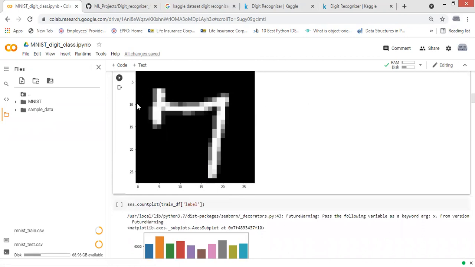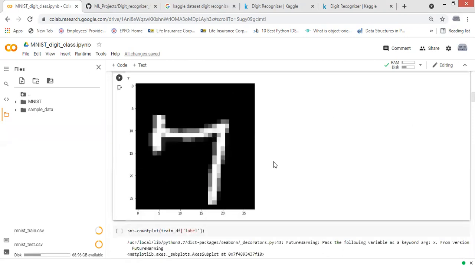This image is broken into pixels, and the image is 28 by 28 in shape, and therefore one image has 784 pixels.